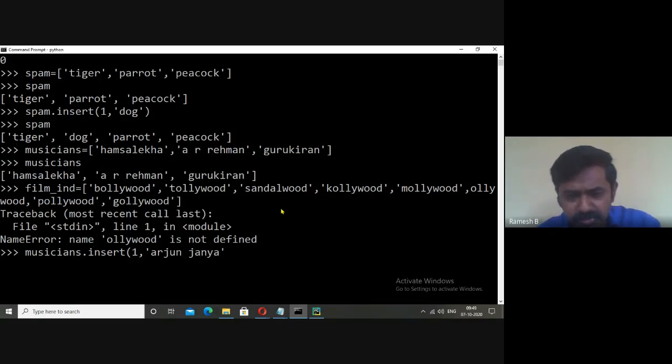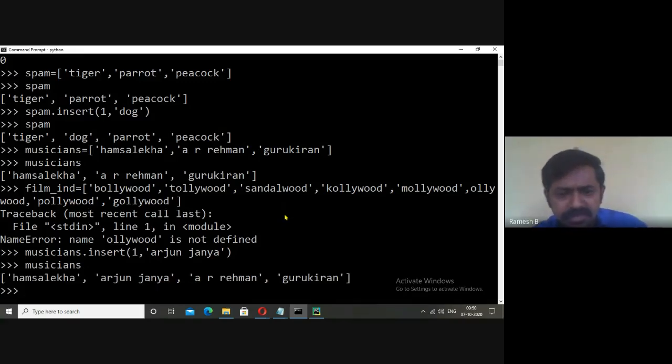Now you enclose that. It has been inserted. If you want to check means, again you must give musicians. Okay, it has been inserted. You see that Arjun Janya is in the place of 1.